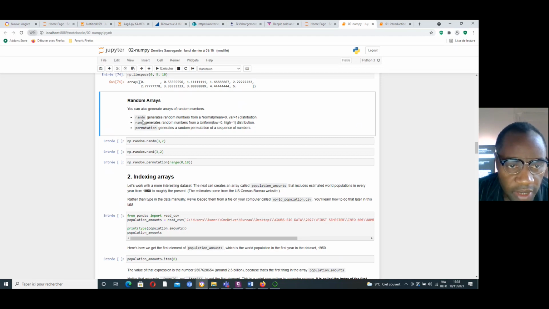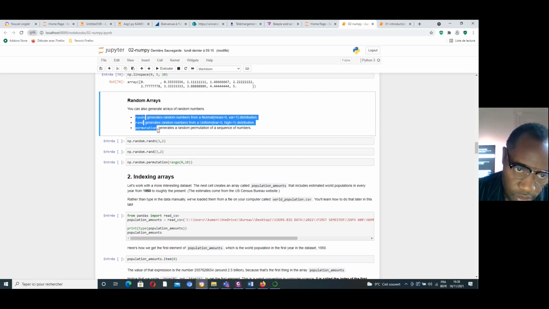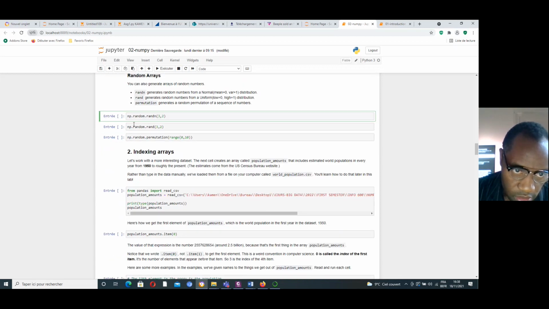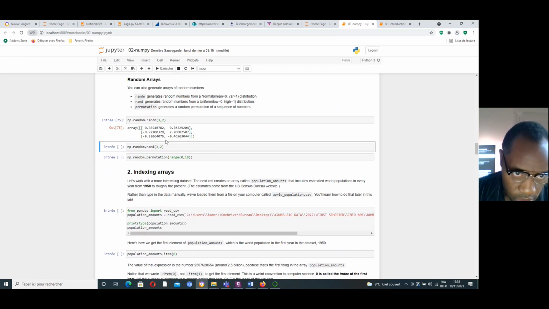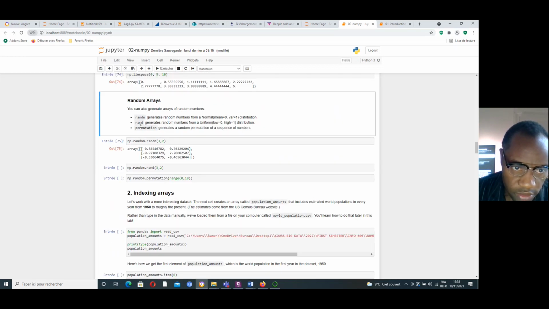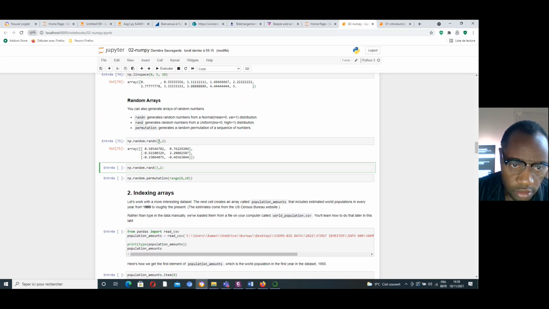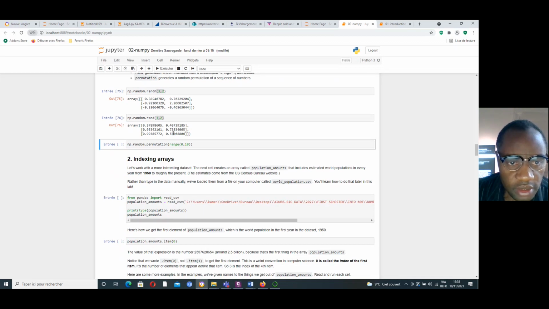Let's go ahead and apply all three of these random functions. Okay? numpy.random.randn. How are we going to get just this one? When I execute this function, I take this function for the same tuple, and I just execute and get this one.